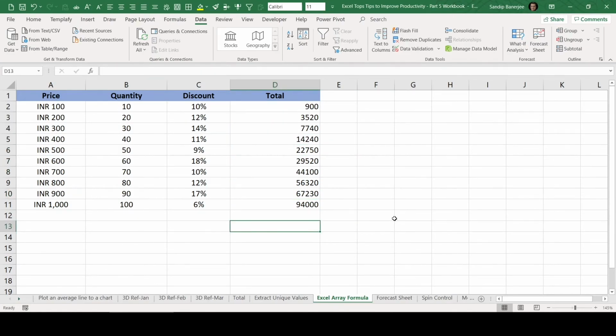So this is the way you can use Excel array formula and you can calculate a huge amount of data quickly. This particular feature will be useful specifically for a situation where you need to work on a huge data set. So hopefully you will be able to use this array formula. There are also multiple other ways an array formula can be used. Maybe I'll try to cover those in any of my future videos.